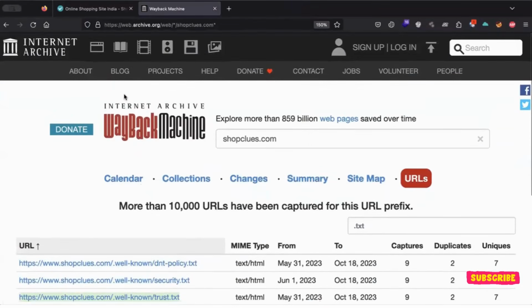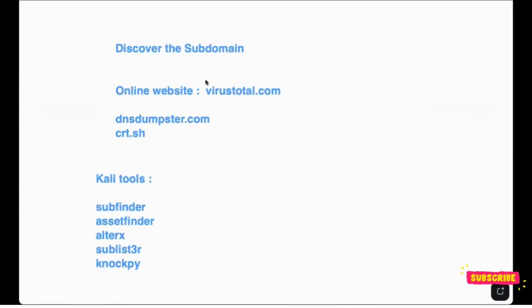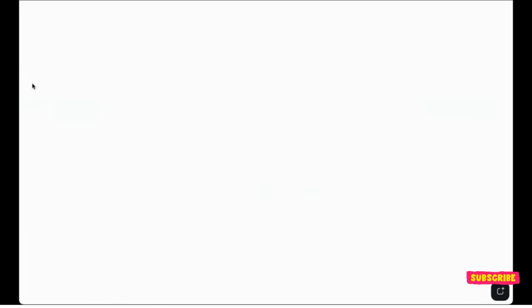The Wayback Machine will also help you discover all these links, and we have some tools also. The tool part, the installation part, we will cover tomorrow. Today I'm going to show you all the websites, or all the passive recon methods. Let me write down the names again. For subdomains, you already noted. For paths or URLs, the website is